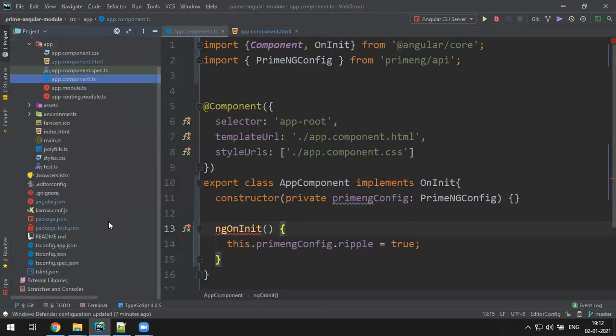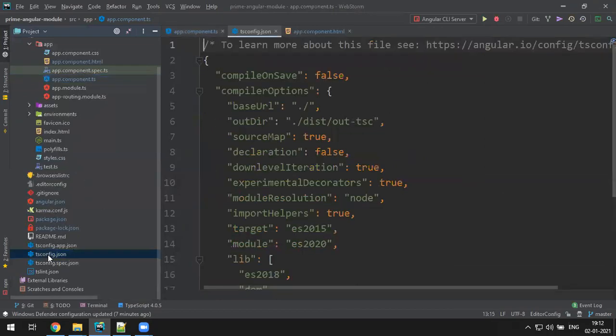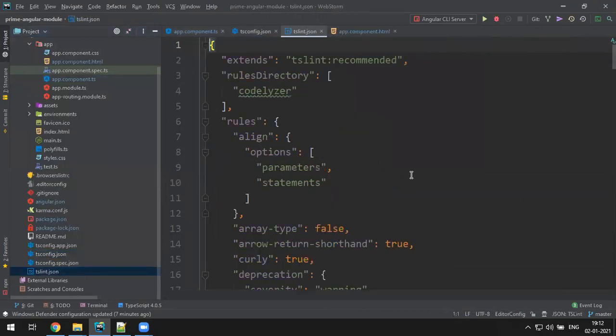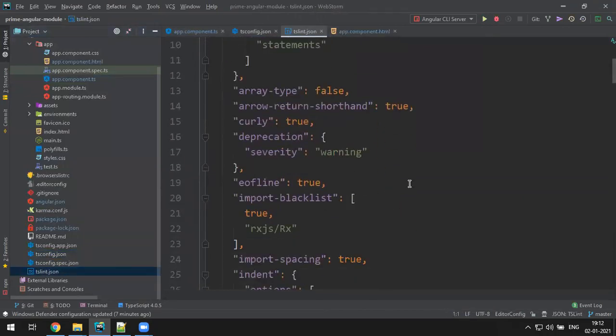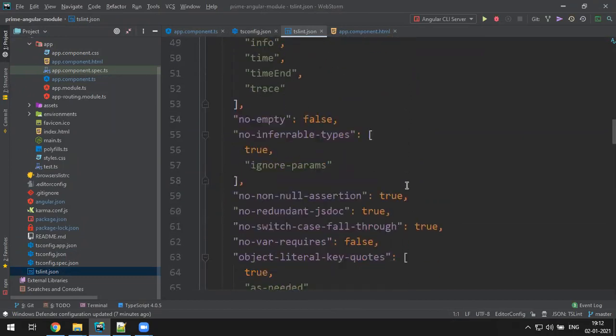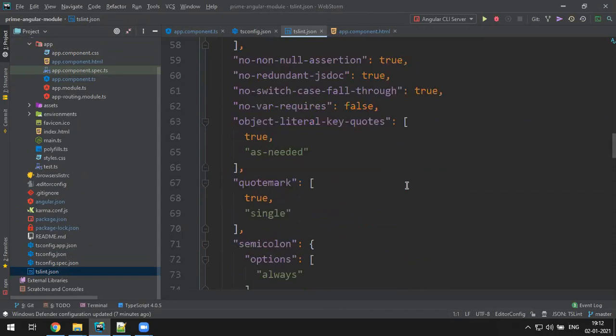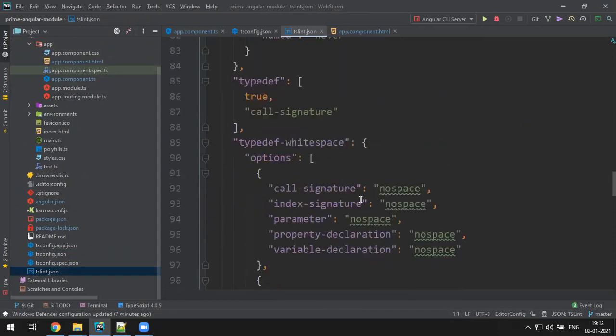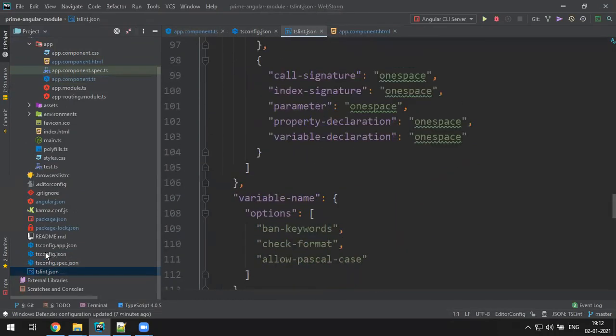So TypeScript configuration, yes, correct. I go to the tsconfig.json file. No, the tslint.json file. Anything we have to check. Max length, console empty. Oh, too many things. Tsconfig.